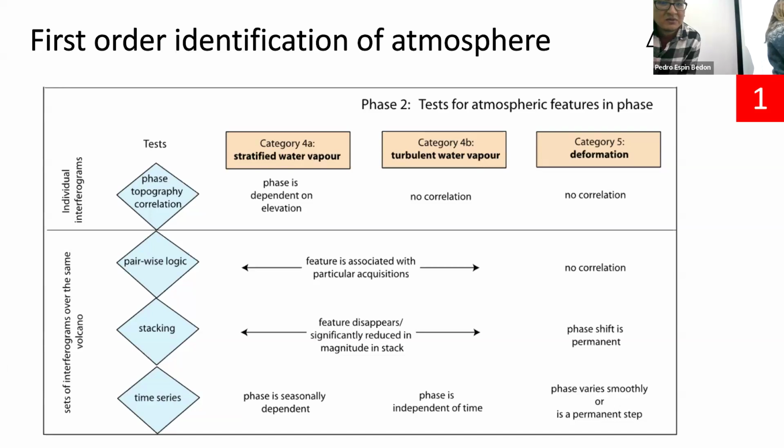So atmosphere in a set of interferograms sounds like an obvious point, but I think it's worth getting your head around if you are familiar with this data type. Atmosphere is associated with particular acquisition dates, and deformation, unless it's very rapid and occurs between two dates, will be associated with multiple of them. So if you have a set of interferograms with dates in common, you can apply some sort of pairwise logic and work out the signals associated with one particular acquisition that persist through them. That's a practical skill, because you can spot very quickly whether something is going to be a real signal or an artifact.